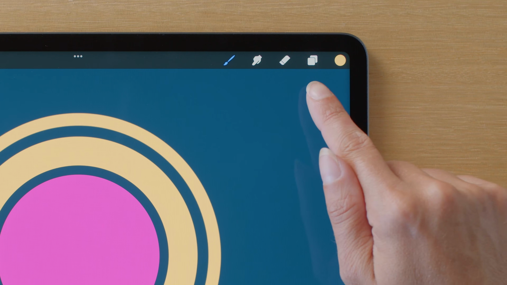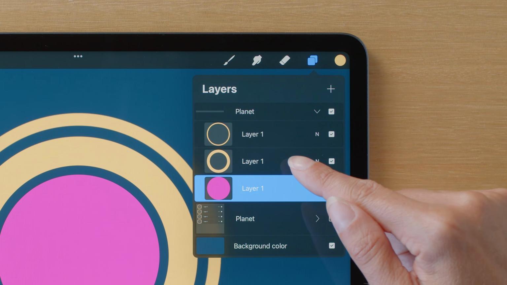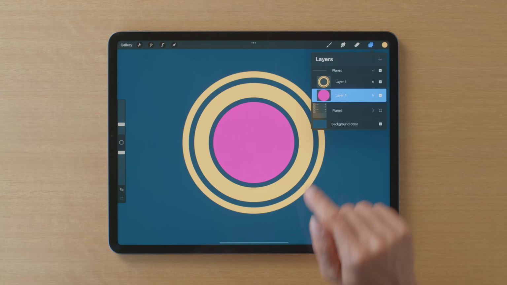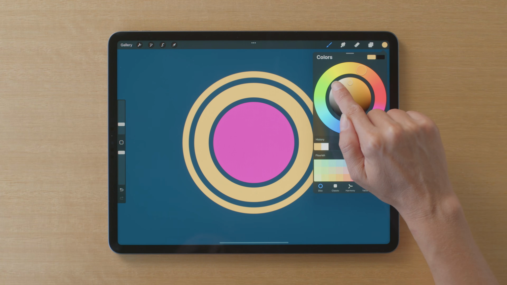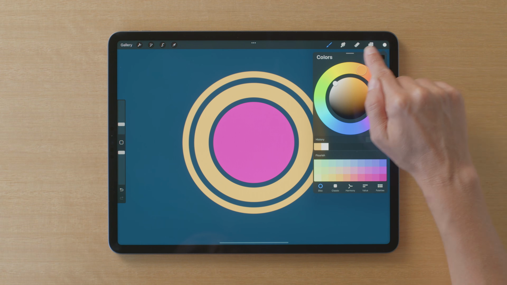And finally, instead of using the merge down option, we can use our fingers to pinch the top 2 layers together to merge them. Now the rings are on one layer, we can grab pure white with a double tap and colour drop them both.